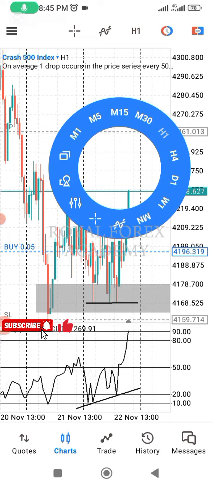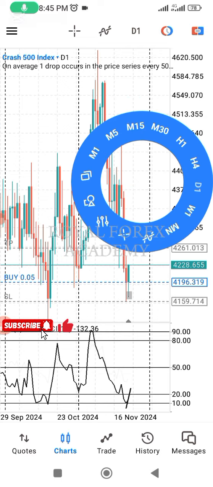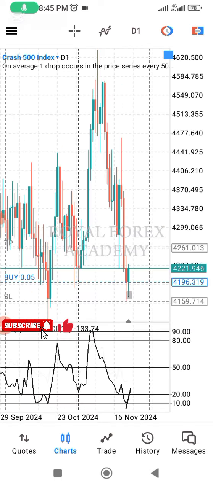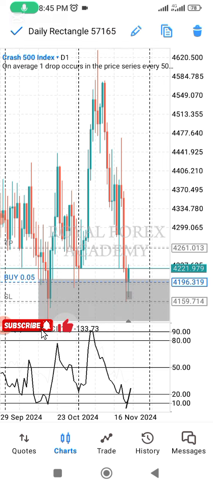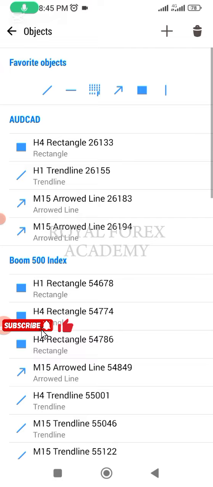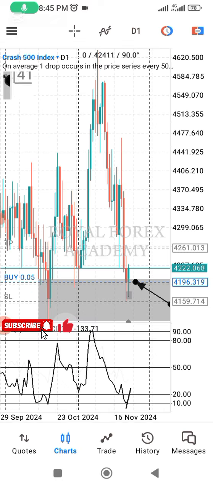And if you go to your daily time frame, you can see this zone. This is a typical area of support. So this is a support zone. And of course, we are looking forward to seeing a massive buy from this zone, because already price pushed down here and there is this rejection from here. So if this candle today closes bullish and engulfs this candle,